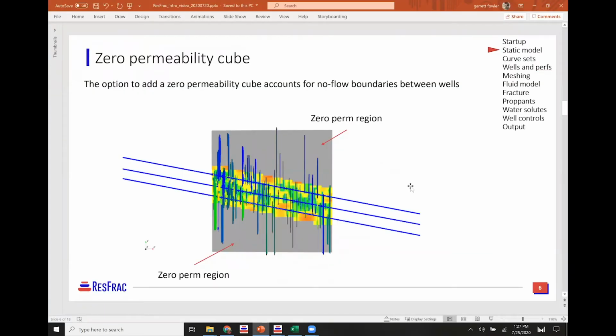If we were to look at this visually, if you had 3 wells in your model that were part of a larger 10-well pad, all at equal spacing, what we'd want to do is zero out the permeability at half a well spacing on either side of my outside wells. Typically, the way that we set this up is that this zero permeability region only activates just prior to a well being put on production. This allows fractures to grow within that region as they would during fracturing and to leak off. And then we only impose that zero permeability just prior to the wells being turned online.